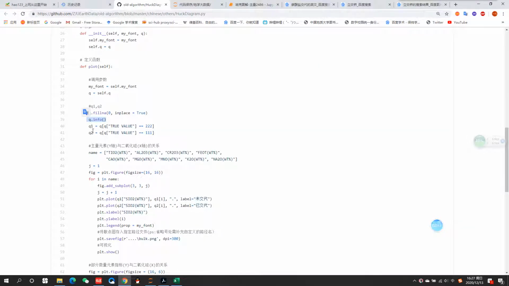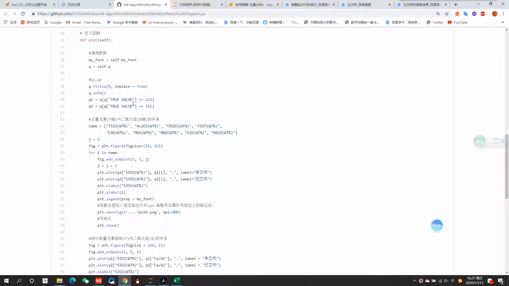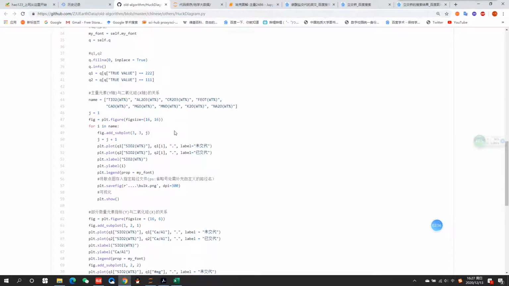Because the dataset version is different, here a true value of 22 is one type and 101 is the other type. We plot the two types of data respectively. Here, we select the 9 kinds of elements. Let me first set the convenience